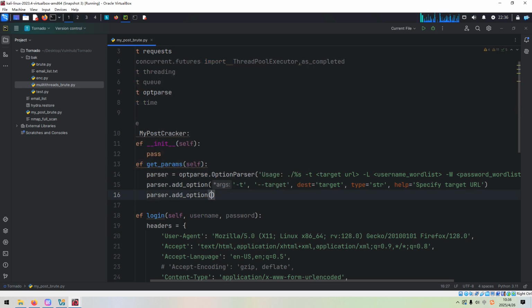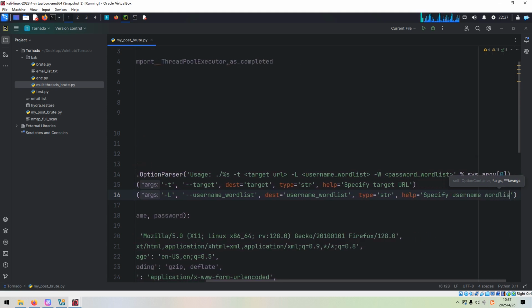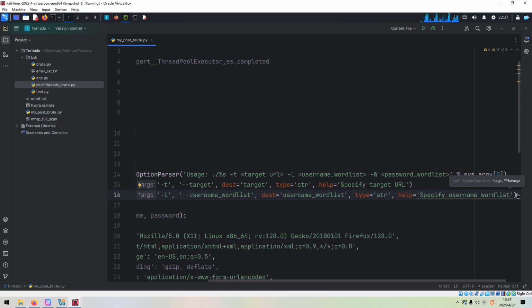Similarly, the second option, username word list. And the destination is username word list. Type is string. Help: specify username word list. Okay, and we can copy this line